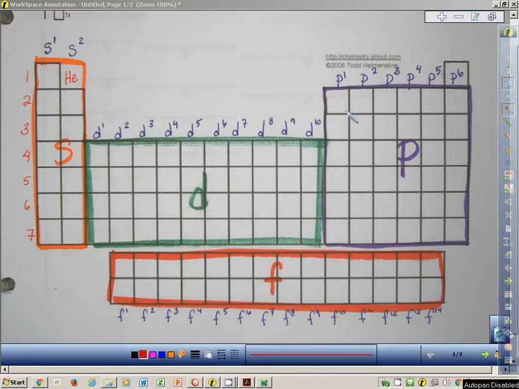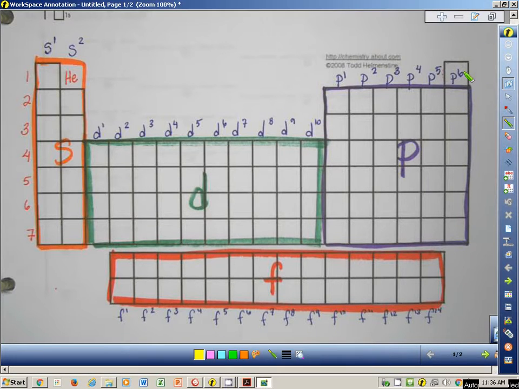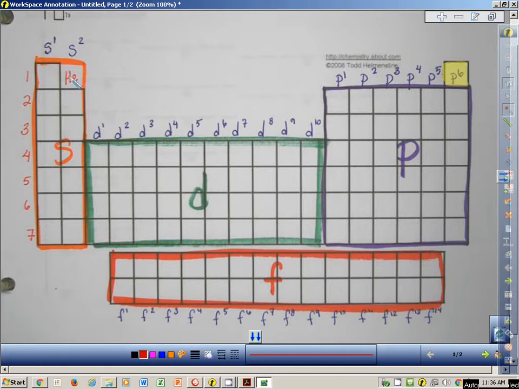The P's are located over to the right. It's the last 6 columns on the periodic table. I purposefully did not include this box right up here. The element that lives there is what? Helium. Instead, I drew helium over here. Helium does not have any P's. It does not have the P sublevel. Okay? So we're going to have to pretend like it lives over here in what I labeled as the S2